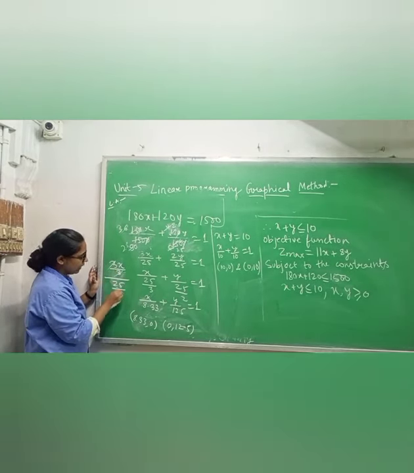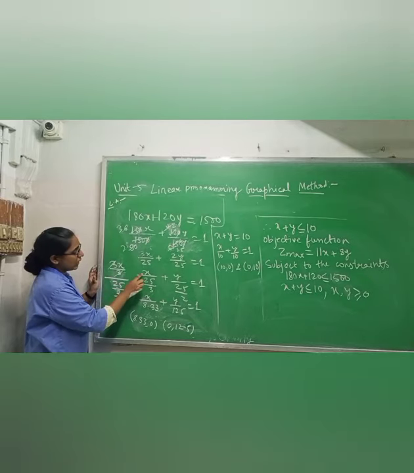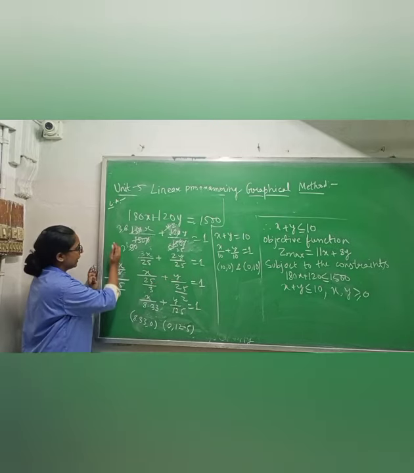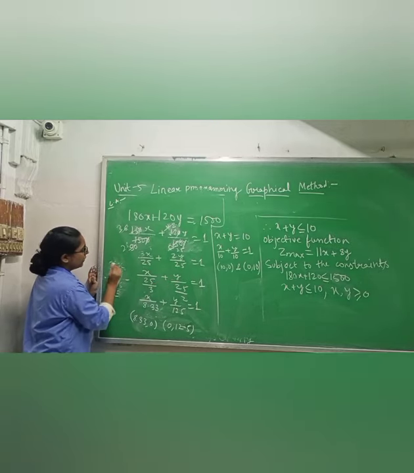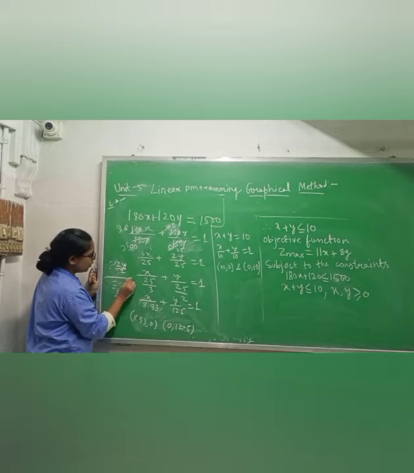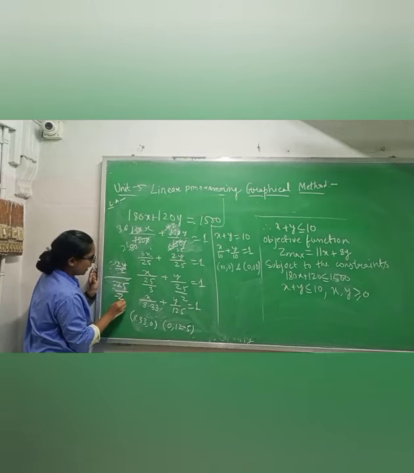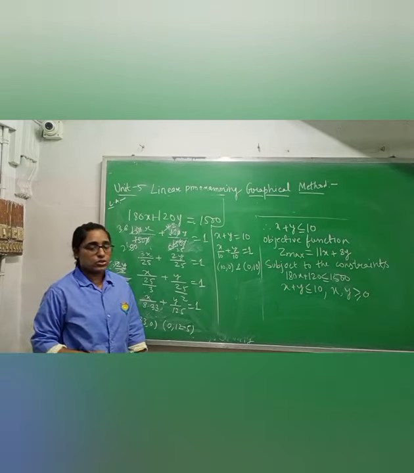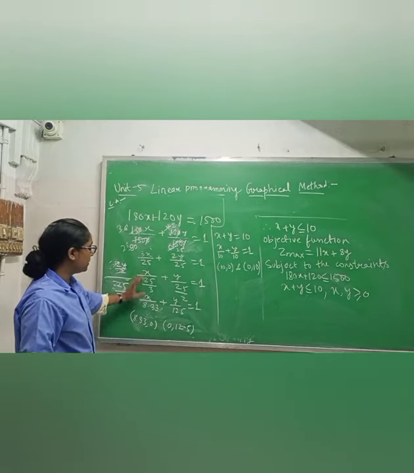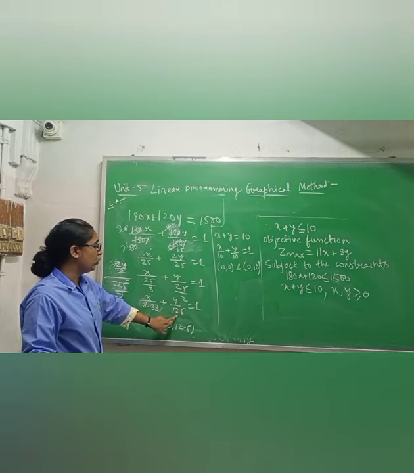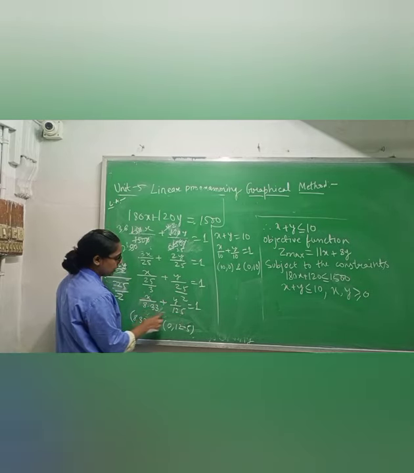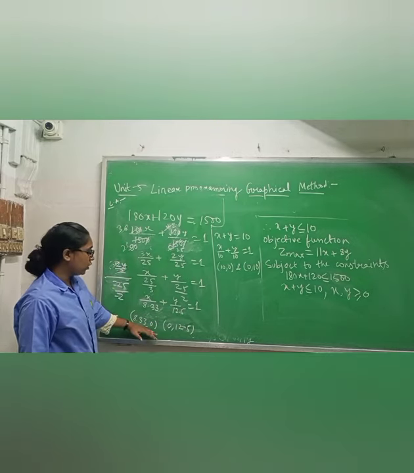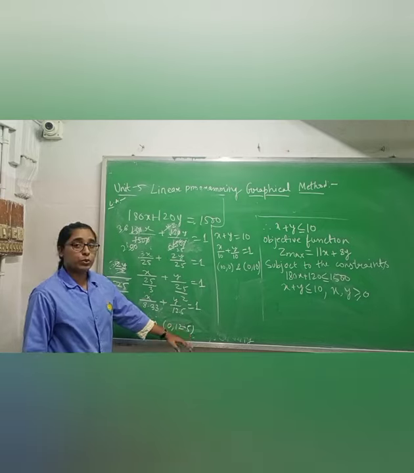So 3 will cancel. This one will not be able to cancel. That is why I have written x by 25 by 3. Same thing I have done here. I am dividing by 2. If I divide 2y by 2, and 25 by 2, again 2 will cancel. I will get y and 25 by 2 as well. Now I am converting 25 by 3 into decimal and 25 by 2 into decimal. So I am getting 8.33 and 12.5. So we have 8.33 comma 0 and 0 comma 12.5.